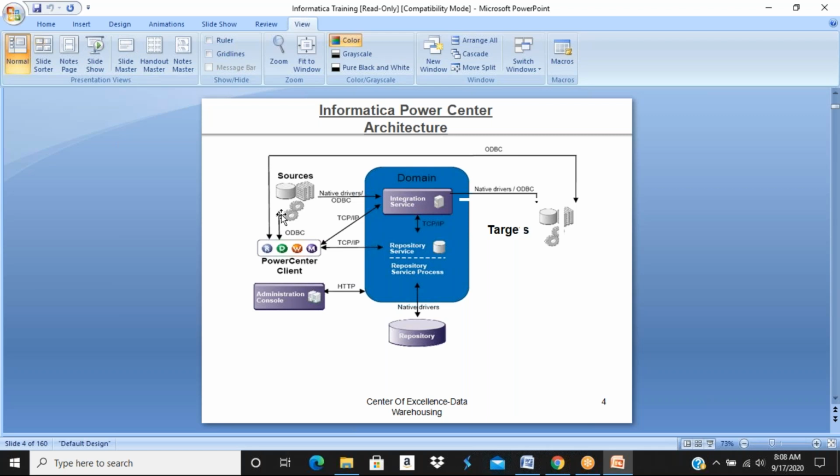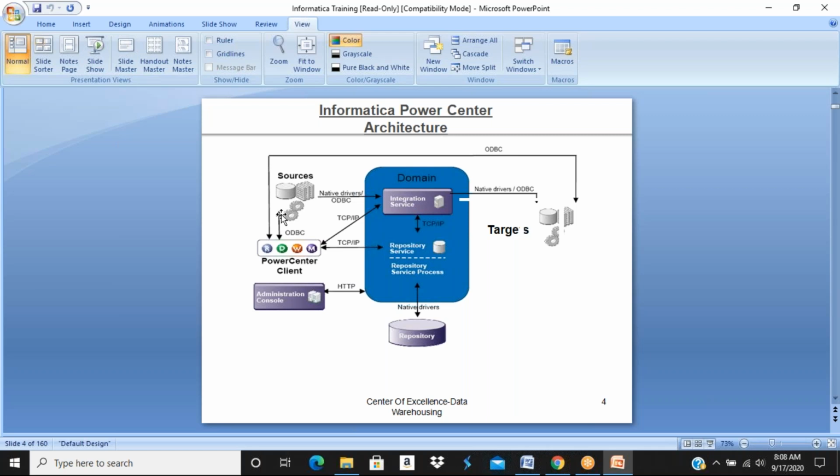There are two types of connections in Informatica. One is called ODBC connections. The other is called relational connections. ODBC connections are created in the Mapping Designer, whereas relational connections are created in the Workflow Manager. What is the difference between them?